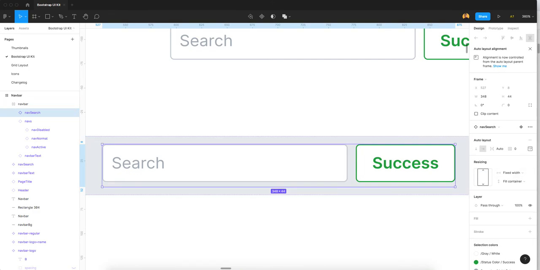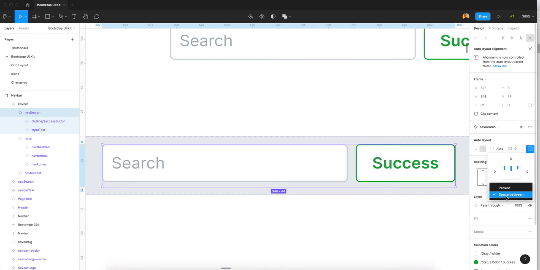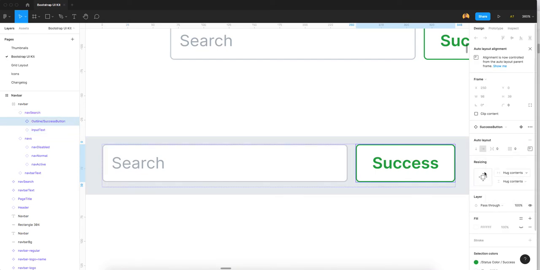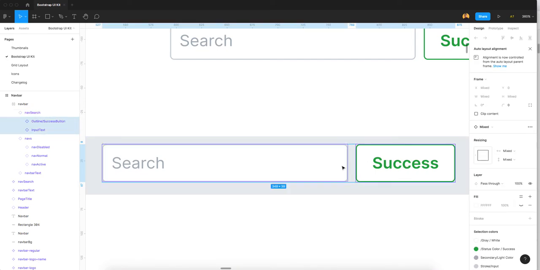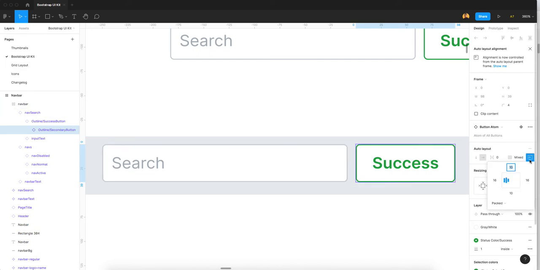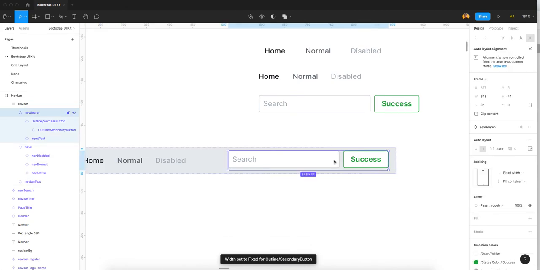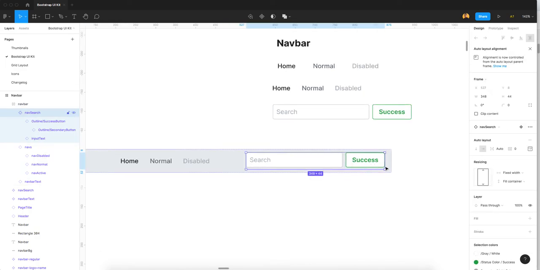Now I select this navbar search and go here and set space between. Oh, I need to check this one again. Fill container.